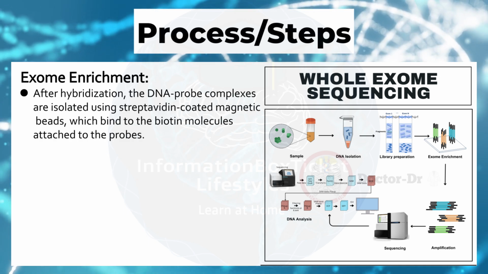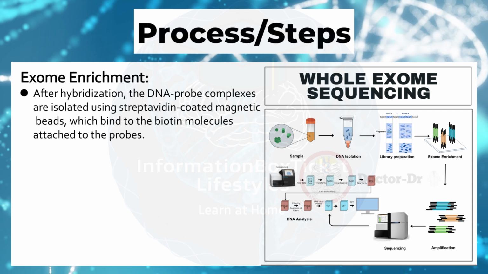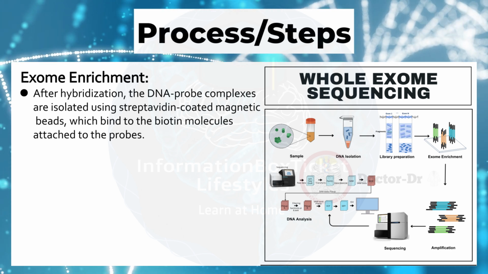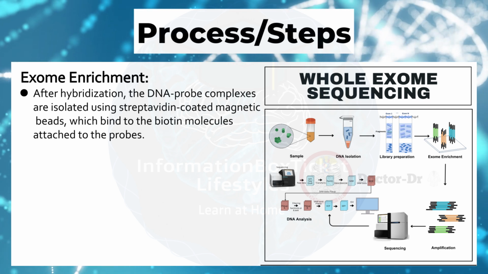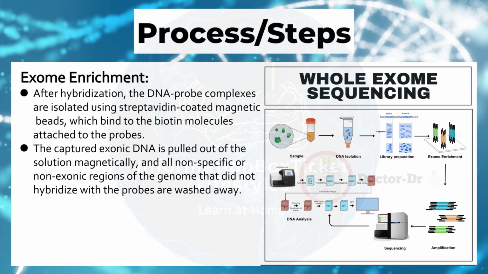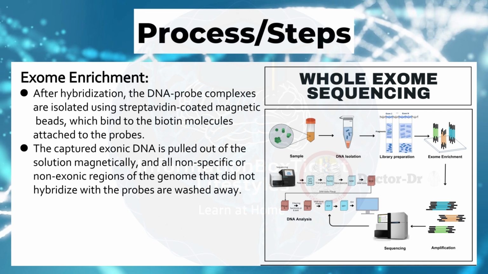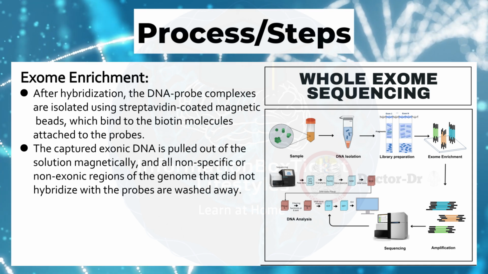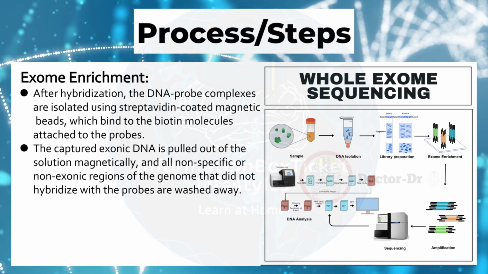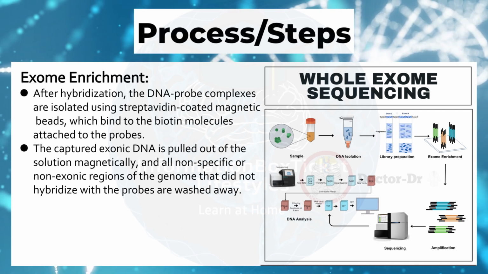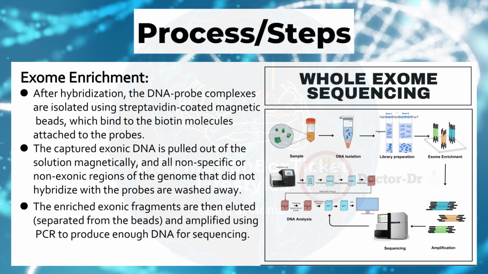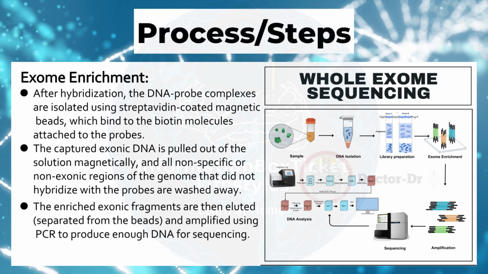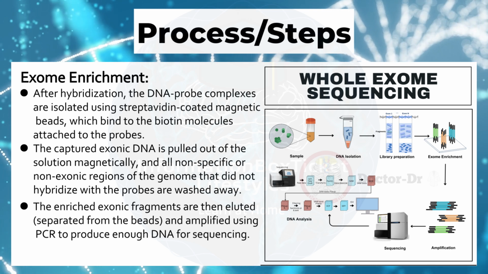After hybridization, the DNA probe complexes are isolated using streptavidin-coated magnetic beads, which bind to the biotin molecules attached to the probes. The captured exonic DNA is pulled out of the solution magnetically, and all nonspecific or non-exonic regions of the genome that did not hybridize with the probes are washed away. The enriched exonic fragments are then eluted, separated from the beads, and amplified using PCR to produce enough DNA for